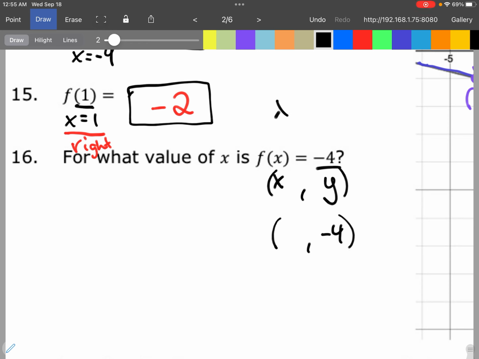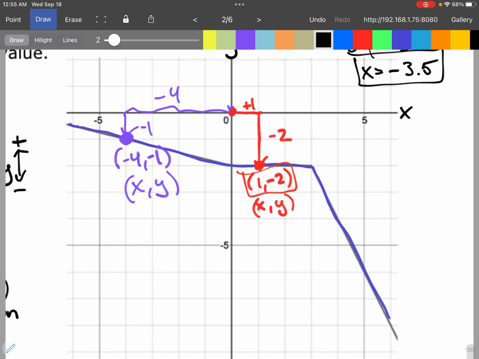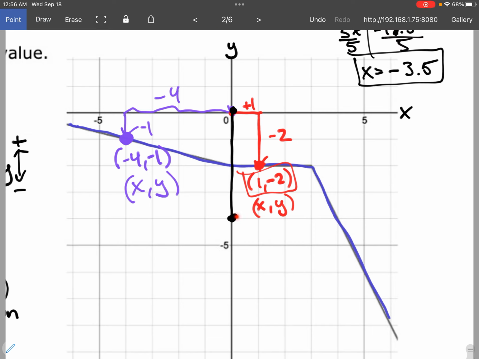Now remember, for x's, that's left and right. Positive, negative. For y's, that's north and south. Positive and negative. So a negative 4 means down 4. And we always start from the origin, okay? So I'm going to start right here in the middle at 0, 0. And I'm going to go down 1, 2, 3, 4. I'm at this point right here. Now, my next move is to get back on the function. I can only go